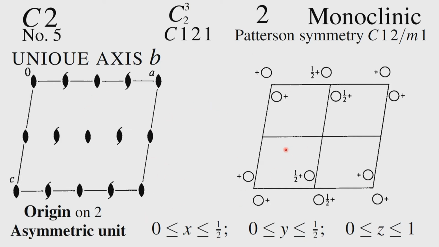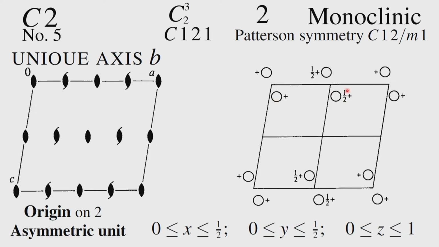If we take up this diagram, we have the position of the x, y, z here, then we have a twofold operation which is across here. So, this twofold will now bring back this here. So, we get two of the equivalent points here. Now, because of the C centering that is present in this particular space group, you see that the additional one comes here at this point, which is half plus x. In this case, the projection is AC. This diagram is AC projection, as you see here, this is A and this is C.